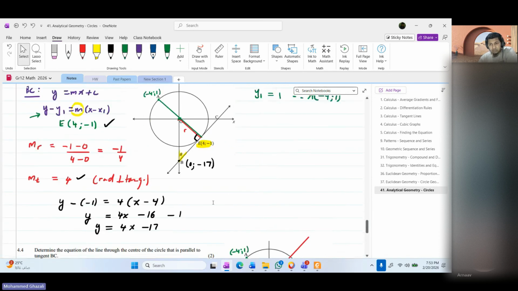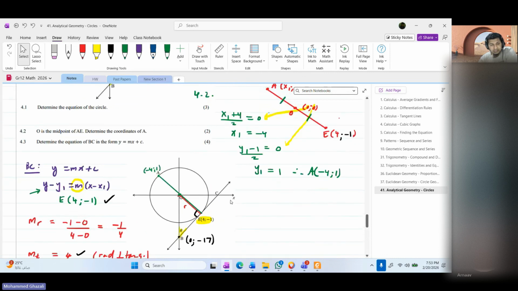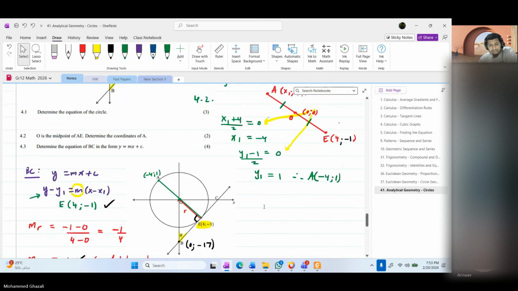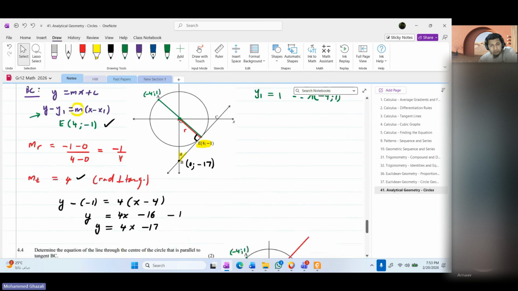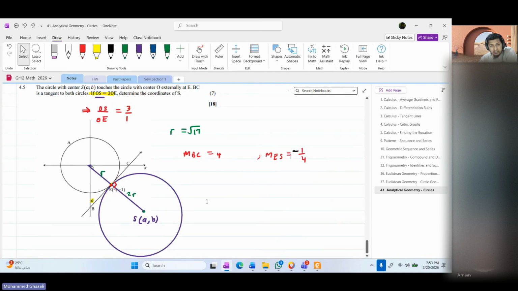Where's -quarter? Yeah, we found -quarter there. It will be the same gradient, -quarter. But how are we going to use this -quarter? We know that the answer is -quarter, so